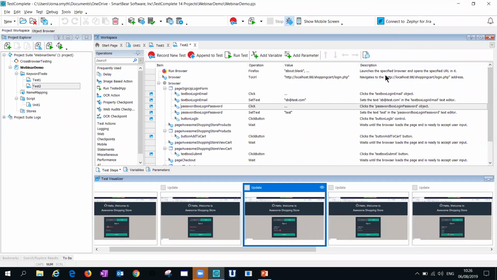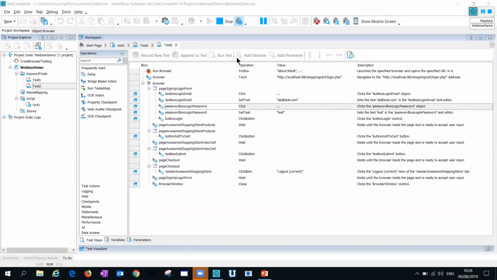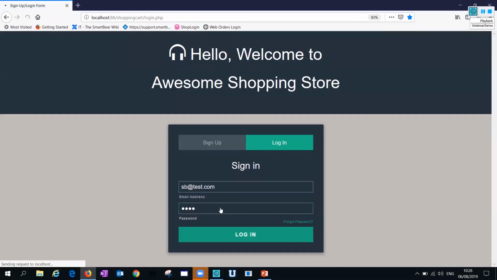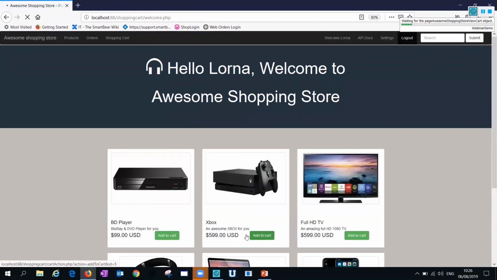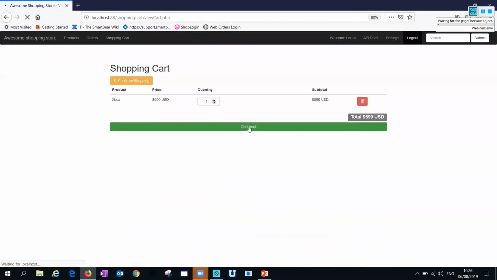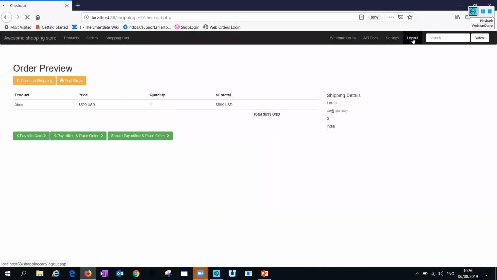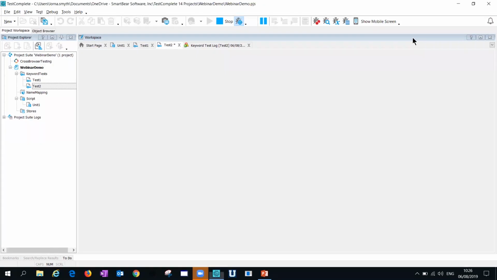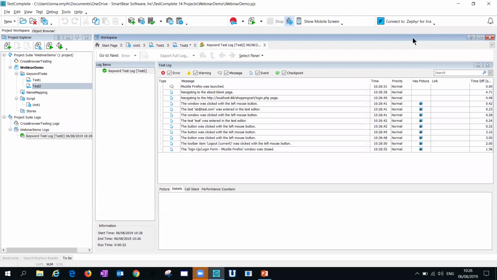So that's how you can record your test. The next thing is I want to make sure that this functionality can work over and over again. So you press run test and essentially it's now going to go through the exact same steps except I'm not touching the mouse or the keyboard, okay? So this is where the benefit starts coming in, because imagine you're adding new features to your application and you want to do your regression testing. Naturally, it's a lot of time to go and manually retest everything. So having a test automation tool like this saves your team a huge amount of time.